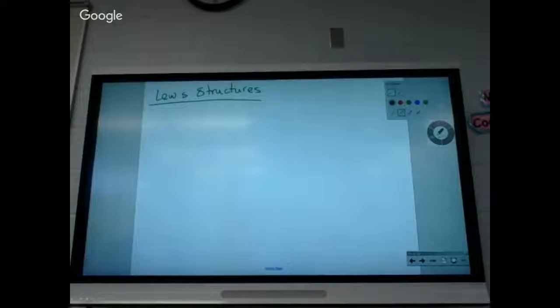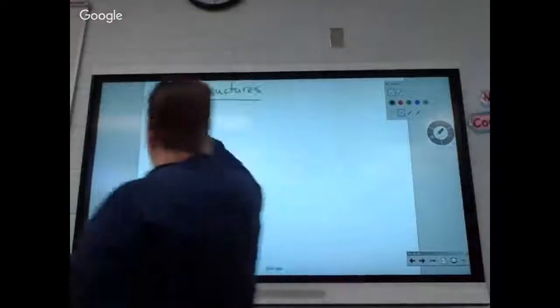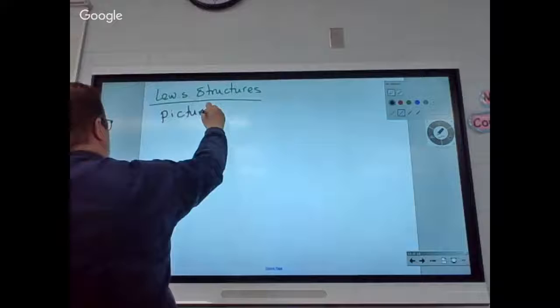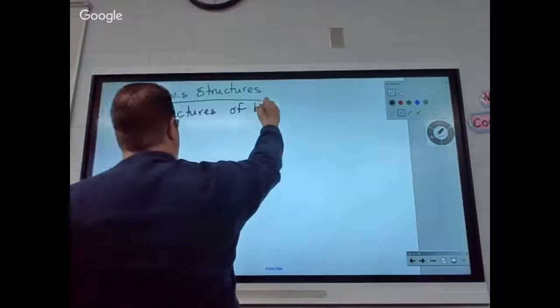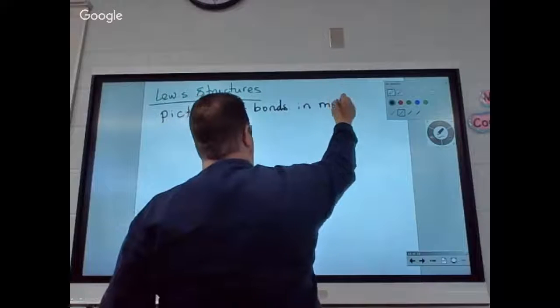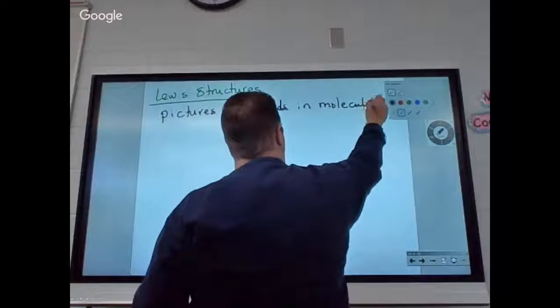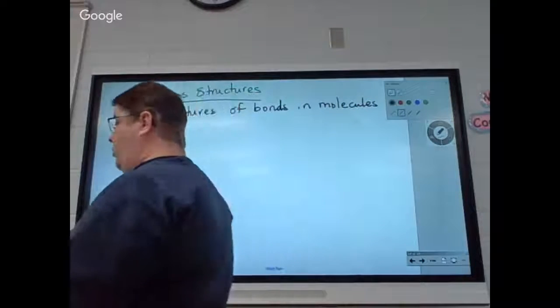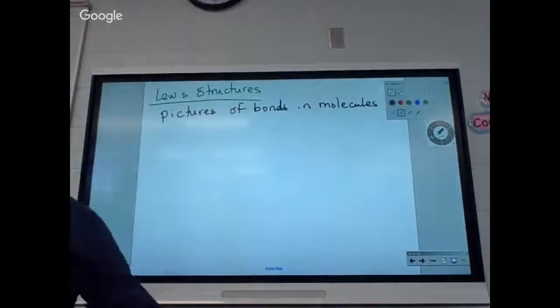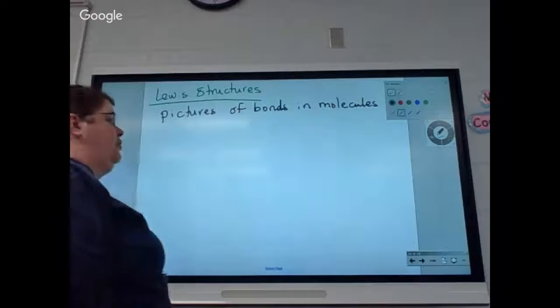Now, to draw Lewis structures, first of all, these are just pictures of bonds in molecules. So we're going to show pictures of whether they're single bonds, double bonds, or triple bonds. We're going to start easy. Now, in order to do this,